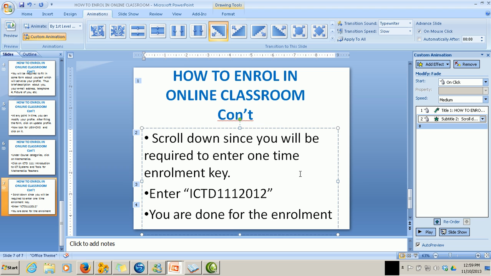Now, what about if you don't want on mouse click to advance? So automatically it should advance after how many seconds? So I can uncheck this and give some seconds, this minute and this seconds. If you are using the up and down arrow keys you can set it. Maybe after 5 seconds it should move to the next item. So in that case you will not be clicking. So I'm starting the